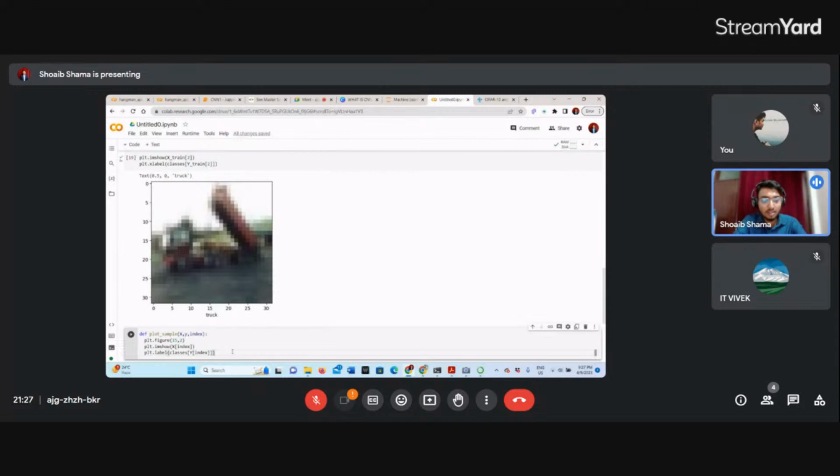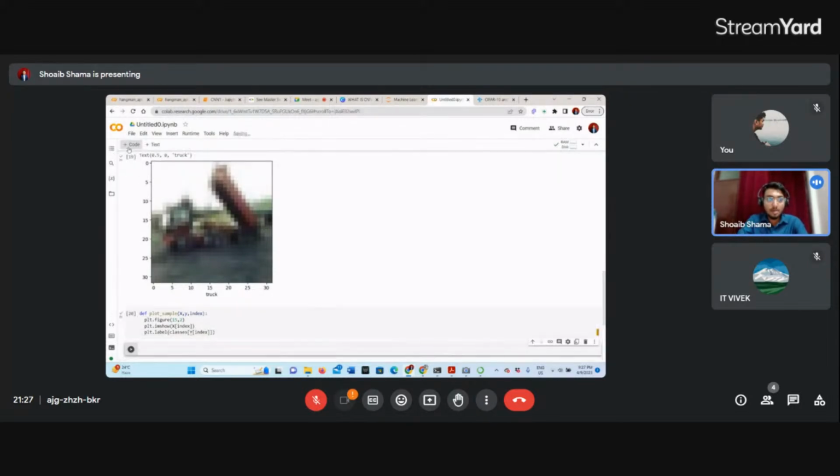Yes, so now if you want, you can just use this function.